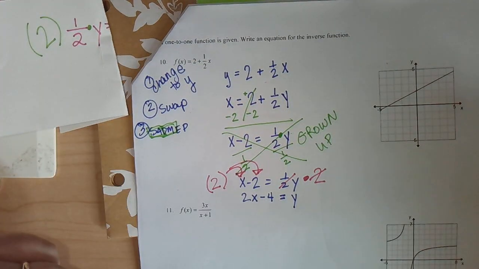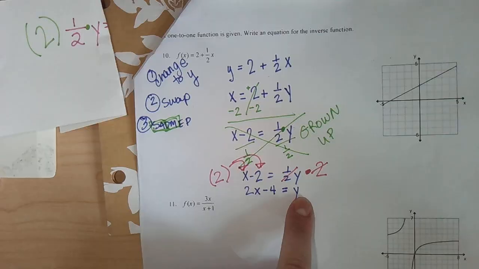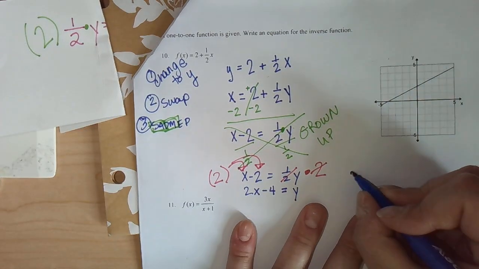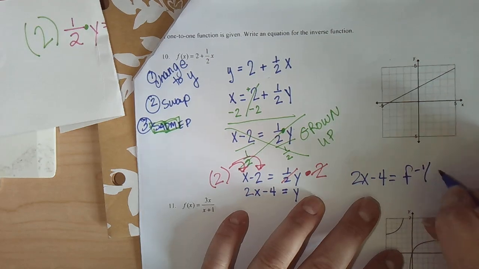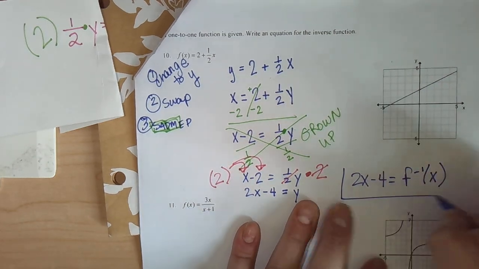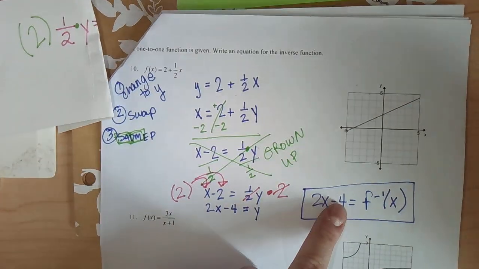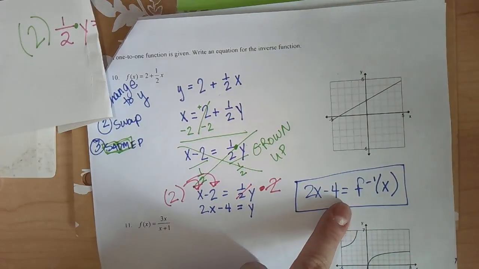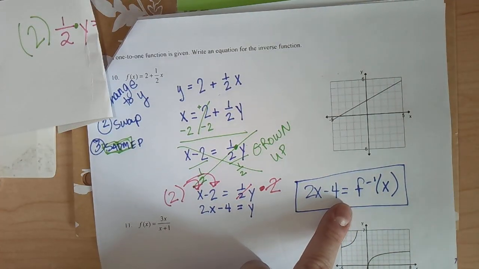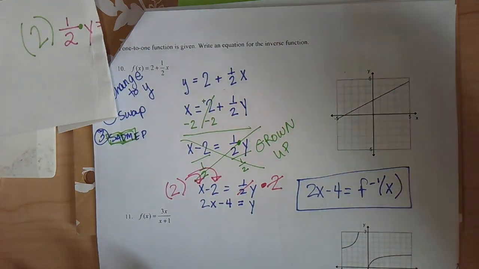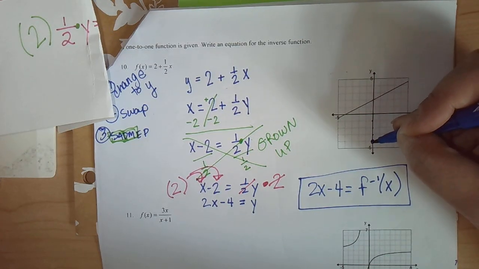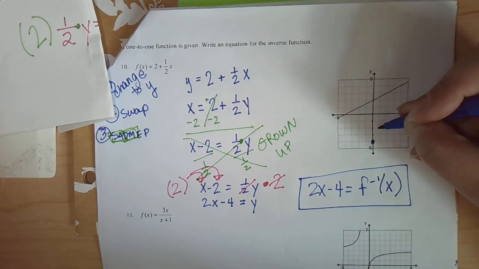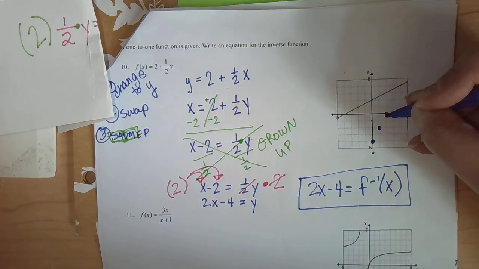And then the very last step is to change that y to that funky fresh f to the -1 of x. And this is the equation for the inverse. If I want to graph it, that has a y-intercept of -4 and a slope of 2/1. Or if you don't want to graph it,